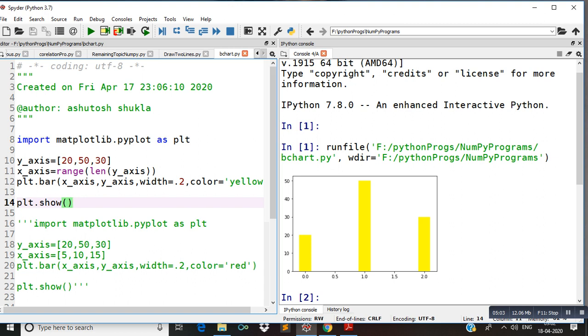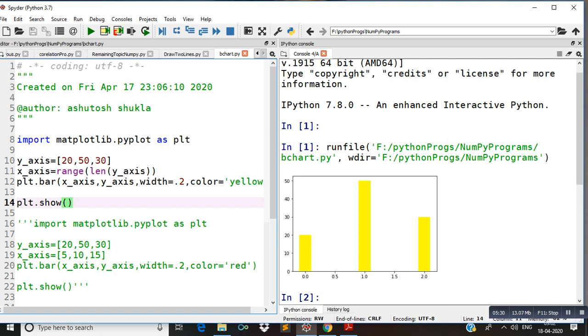You can see 20 is the first value you gave for the y-axis, 50 the second value, and 30 the third value. So there are three values. And using the range function we got 0, 1, 2, that is less than 3.